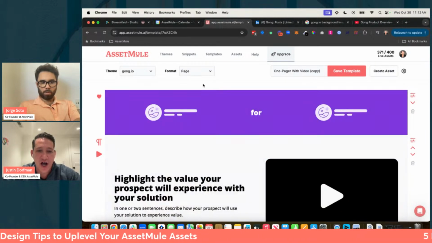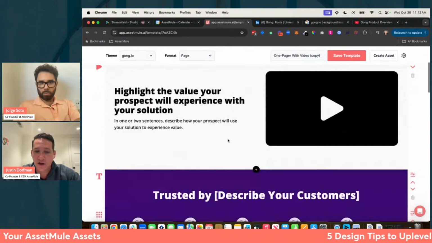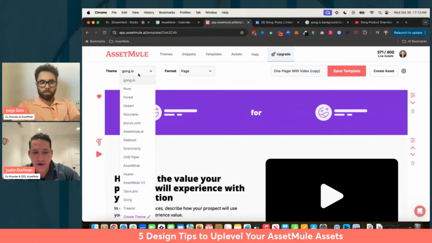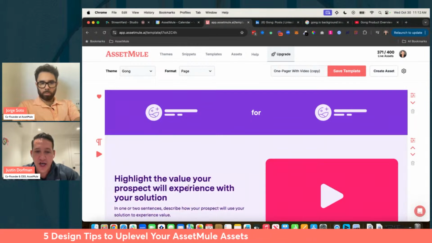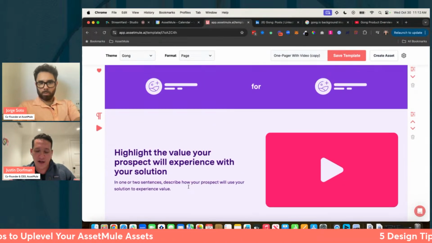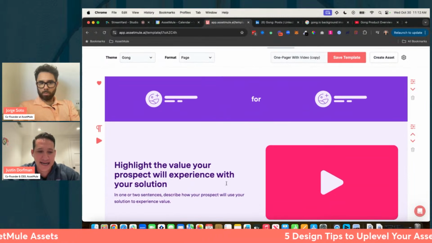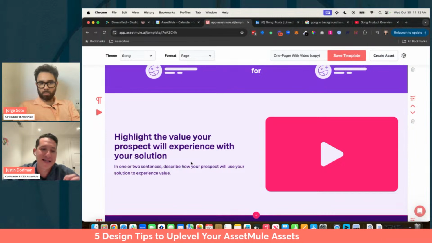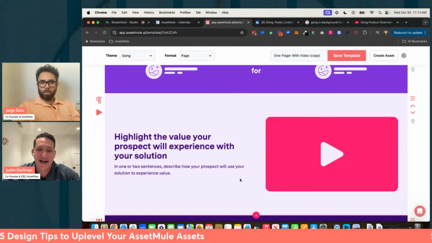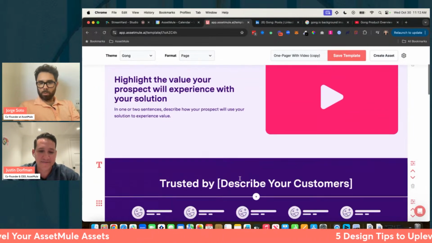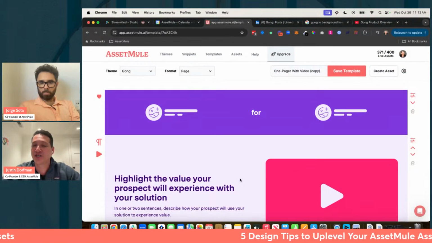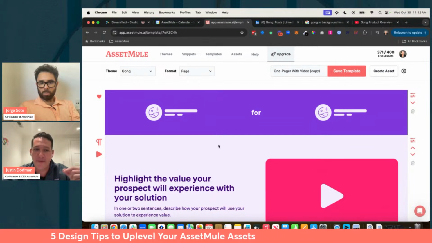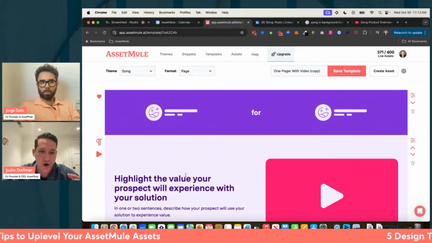So again, when I did the gong.io, this is what it looked like. And now after adding those additional colors, those styles, and the custom fonts, choosing Gong, you'll already see the level of design quality that is increased here, right? With the accent colors and so on, the custom fonts, and the application of font colors and accent colors here. So that's the first tip: take the additional minute or two it takes to really adapt that theme from the base theme that was created from the URL, and it can go a really, really long